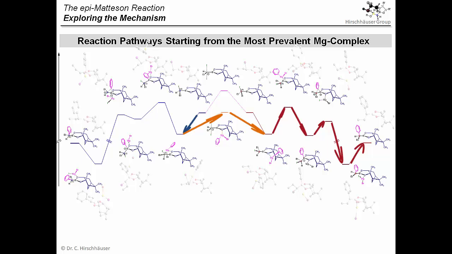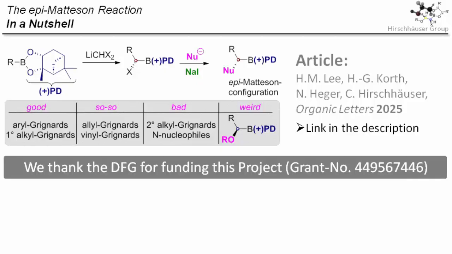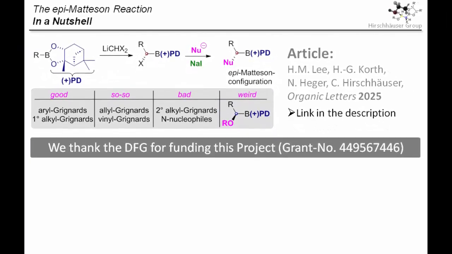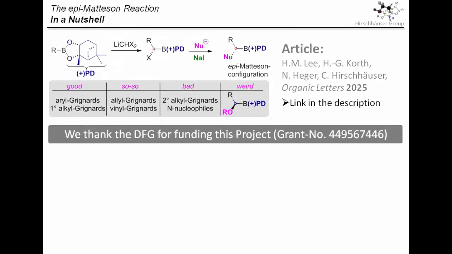If you're a bit like us and find these mechanistic considerations extremely compelling, or if you want to learn more about the substrate scope of this new epimedicine reaction, check out our article in Organic Letters. In a nutshell, primary and aryl Grignard reactions work very well, while others are somewhat more tricky. One quite interesting result is that all our attempts to introduce alkoxy substituents preferably led to the epimedicine products, only with less good stereoselectivities. While this throws up some new interesting mechanistic questions, its synthetic use is actually very limited.